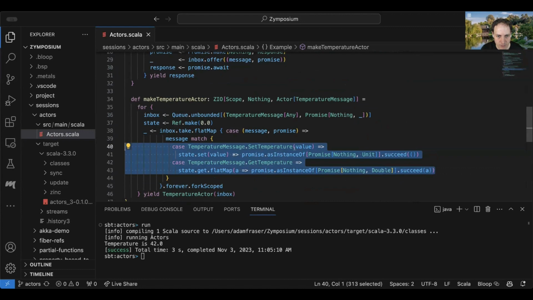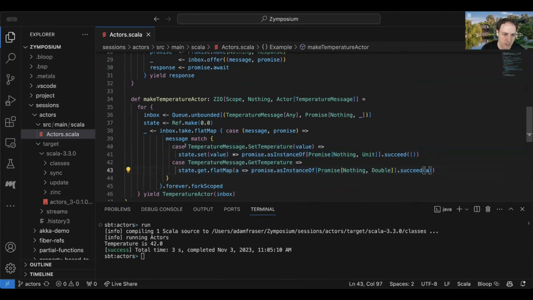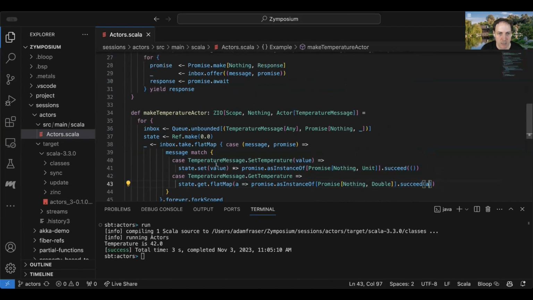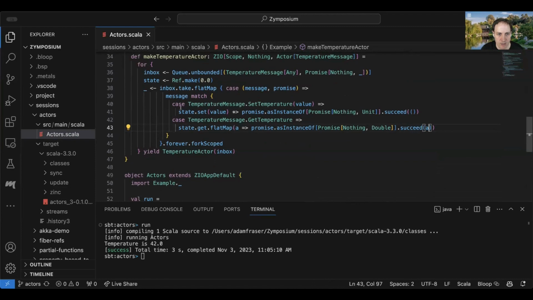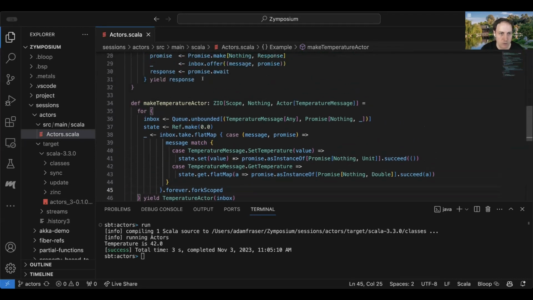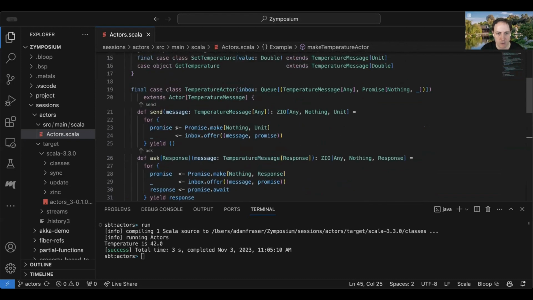If you get a set temperature, then set the state and just succeed with a unit value. And if you're asked to get the temperature, then get it back and return it. But even this is mixed up with stuff about promises and completing them, and this ref and getting or setting it. And then we've got all this other stuff: forking this fiber, forking into the scope, creating a queue and creating the ref. And here we create these promises and offer them.